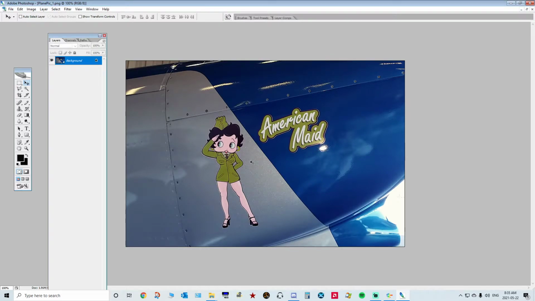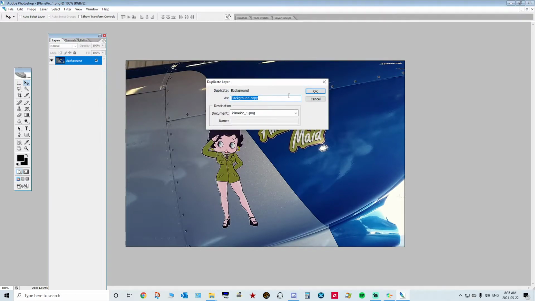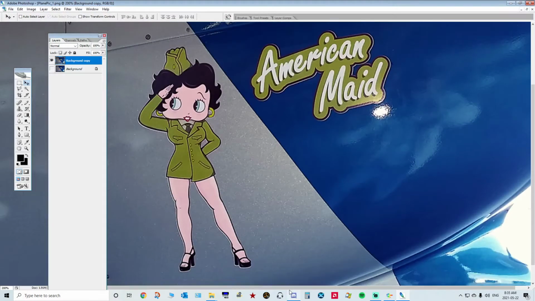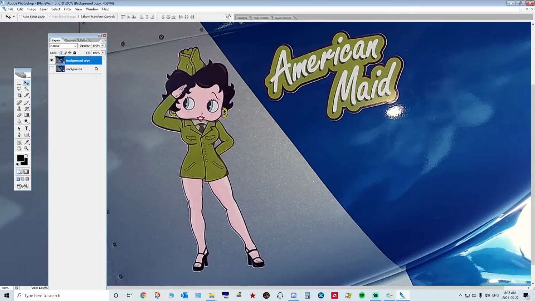But this Betty Boop image is pretty flat. There's no bad light on it or anything. So here's how you do it. So I'm going to duplicate the layer just in the same file, because this one's locked. You can't do anything to the first one. So now we're on the copy, and I want to just grab the cartoon. So how do I copy? I need to select all the way around her